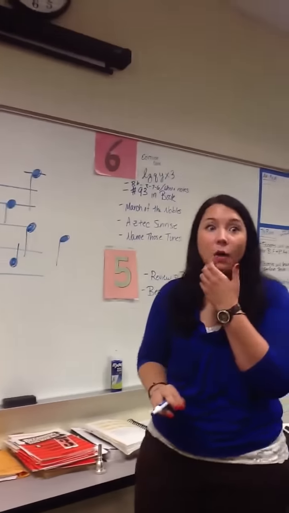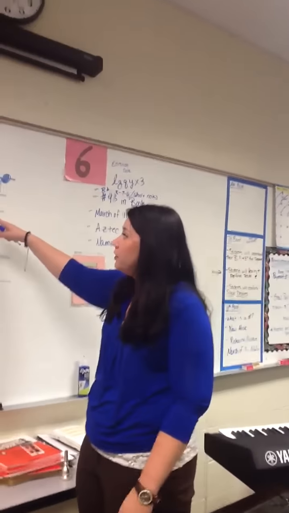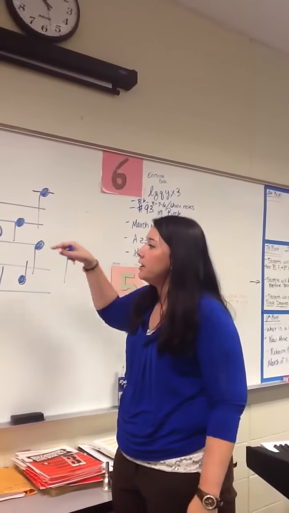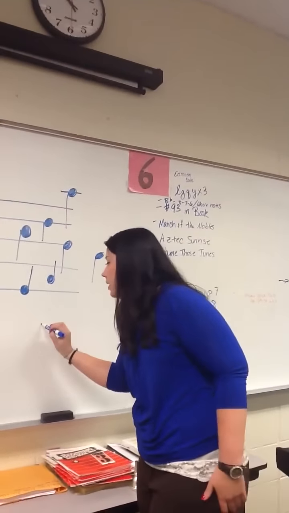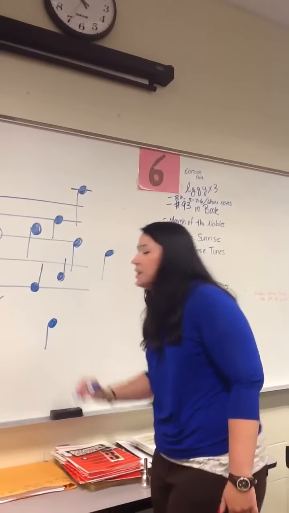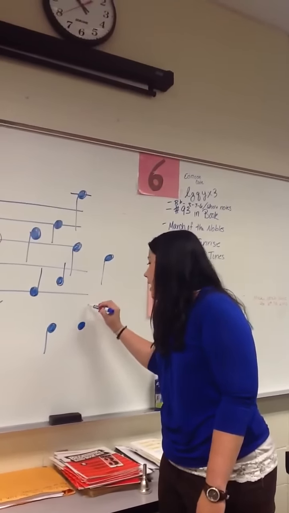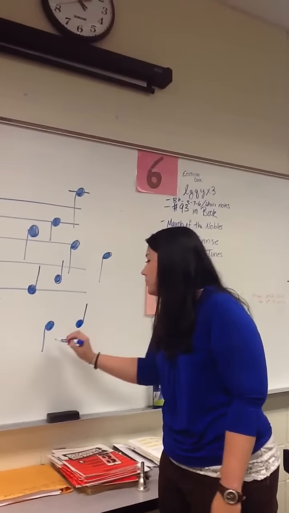So the rule is all about what line, boys? The third line. Anything above the third line has stem down. Anything below the third line has stem up. Notes that have a down stem have the stem on the left side of the note head. And notes that have an up stem have the stem on the right side of the note head. So down